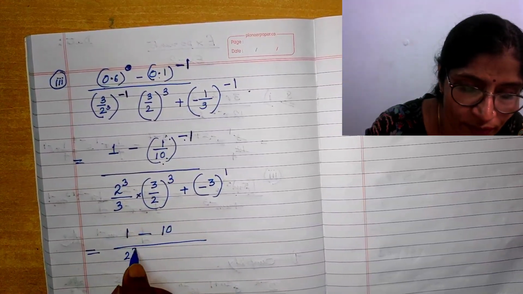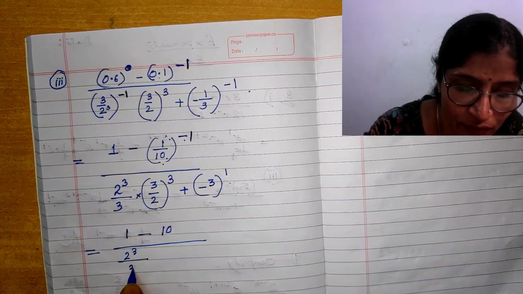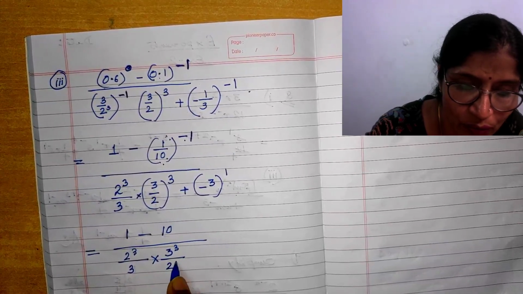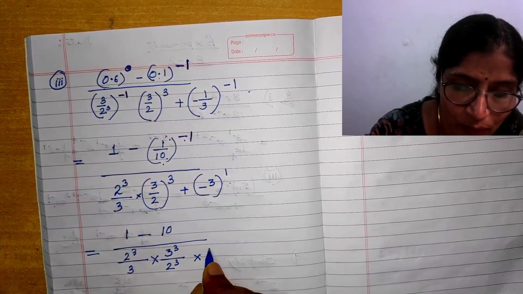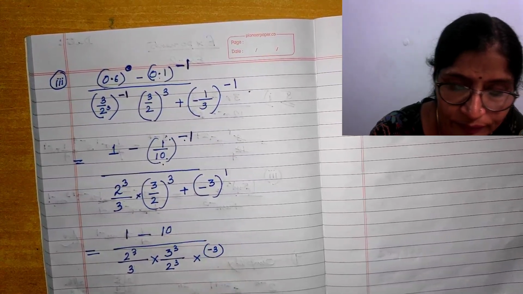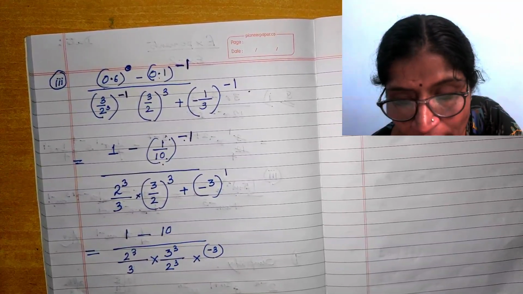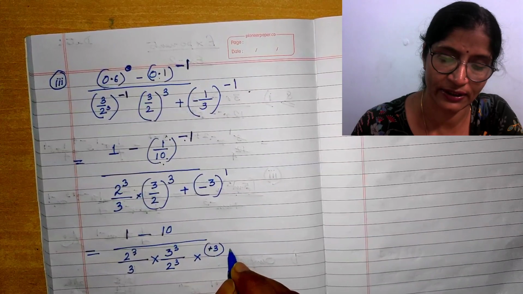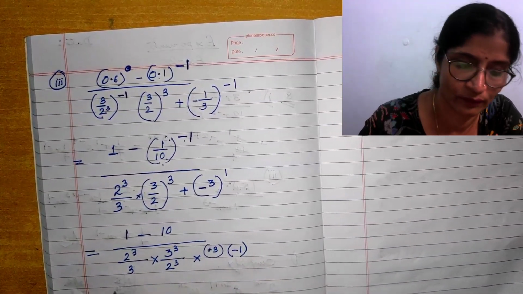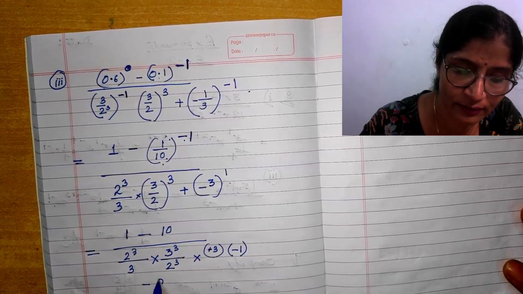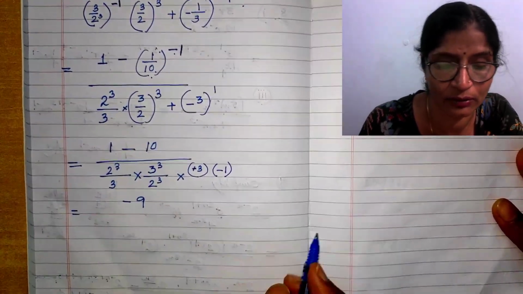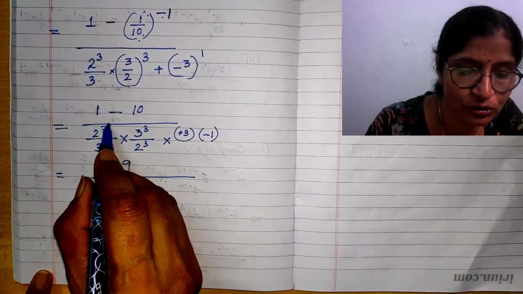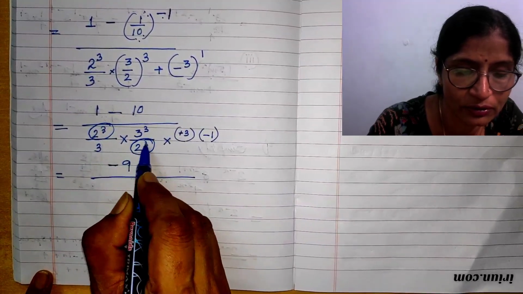this is 2 to the power 3 divided by 3 into 3 to the power 3, 3 into minus 3. Minus 3 is equal to what? Minus 1 into 3 can I write? So instead of this, I will write 3 into minus 1, equal to minus 9, because 1 minus 10 is equal to minus 9, divided by, now this is 2 to the power 3, this is also 2 to the power 3, so okay, this will be cancelled,